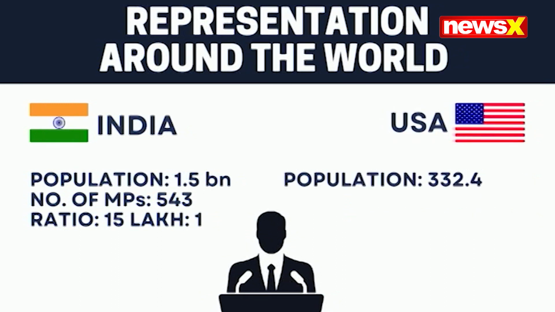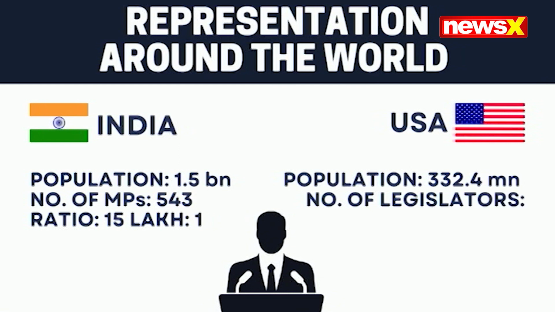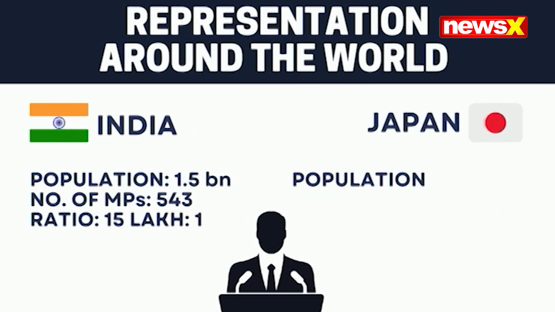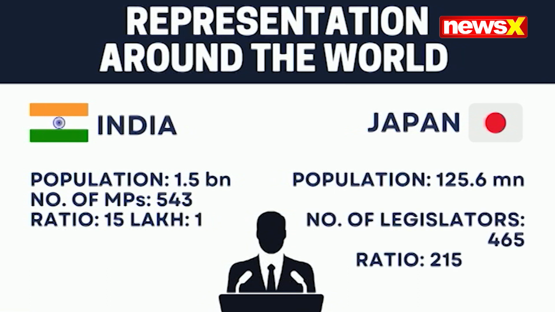Let's talk about another country, USA. Population 332.4 million. Number of legislators in the US 435. The ratio is around 747,000:1. Let's compare it with another country, Japan, another representative democracy. Japan has a population of 125.6 million. Japan has 465 legislators and the ratio over there is around